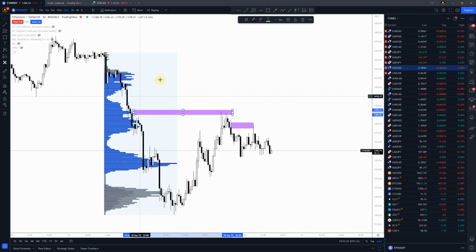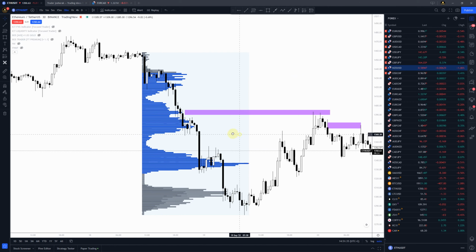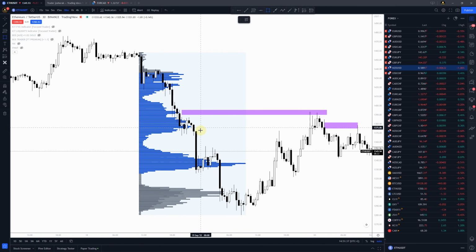You see this distribution, and of course there is a volume distribution here with the POC and low volume node. Okay. Again, you see, let me highlight it. There is an area of high volume, then there is a low volume node. So this is the high, and there is a start of the value area,